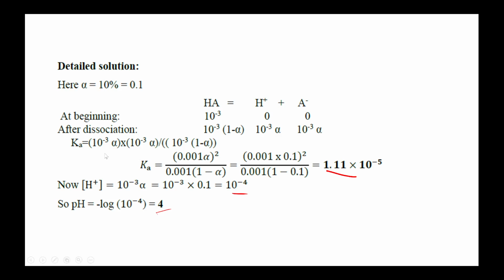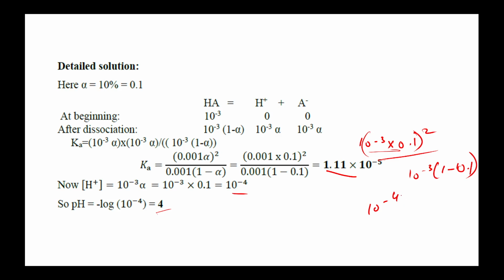So instead of opening this 10 raised power minus 3, I would rather solve it directly by keeping it in the exponential form. So 10 raised power minus 3 into 0.1, this is whole square, divided by 10 raised power minus 3 into 1 minus 0.1. So 1 minus 0.1 is 0.9. And then you can solve for this. So this is also 10 raised power minus 1. So this whole thing becomes 10 raised power minus 4